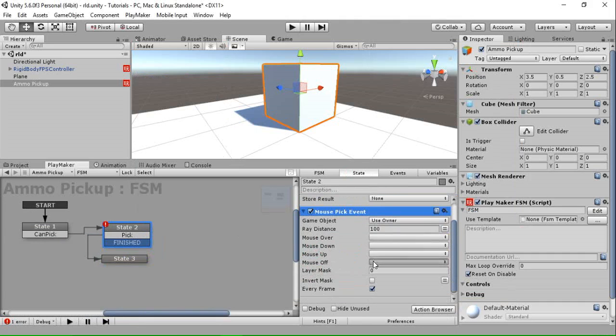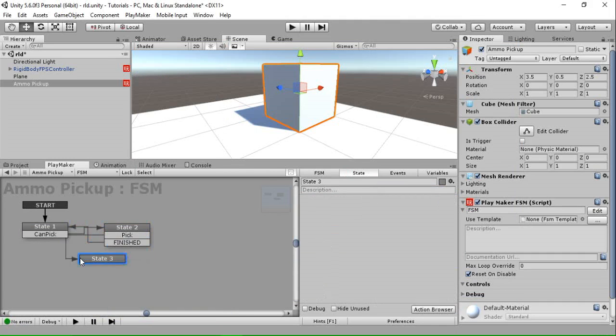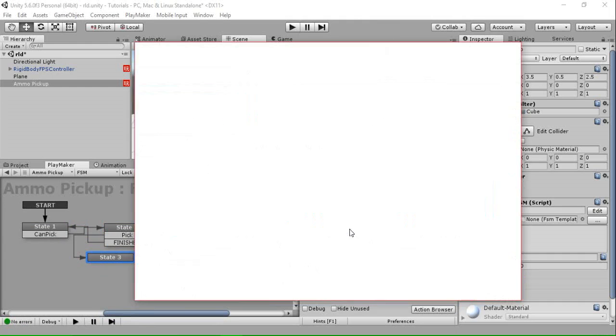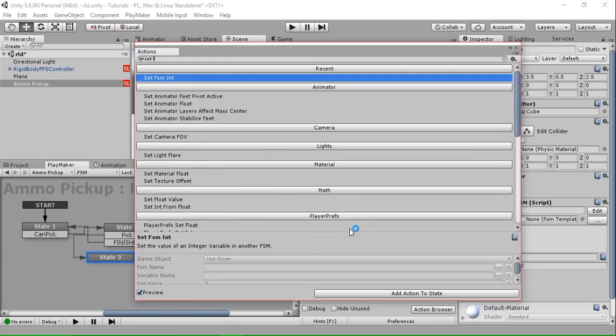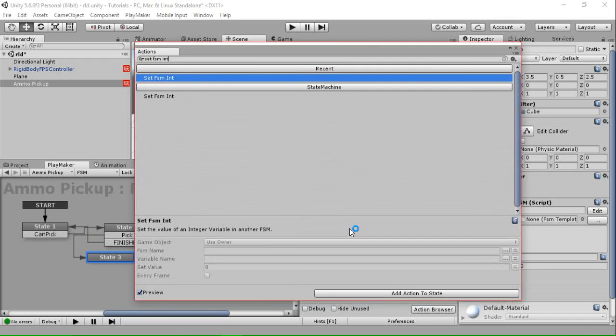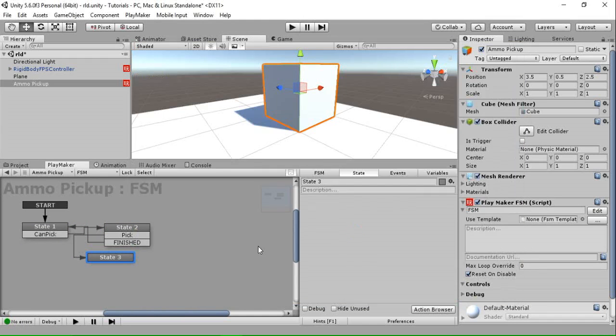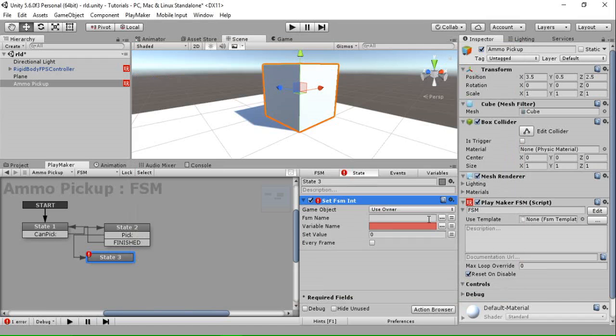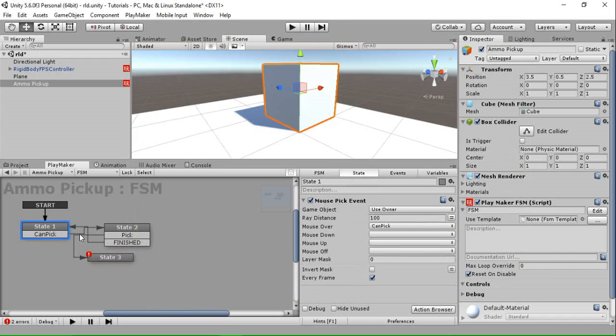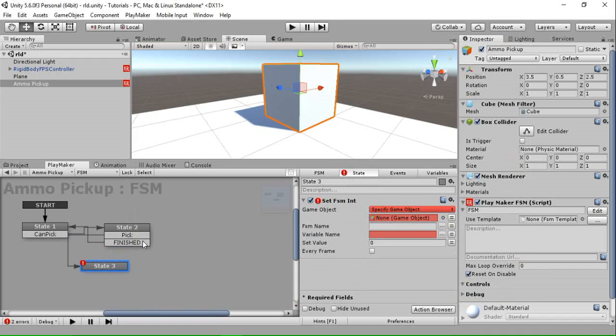Set FSM int, and that's going to be, I'll drag the widget body first person controller into this, and FSM name is going to be FSM, and I'll set the magazines. Actually this is going to be